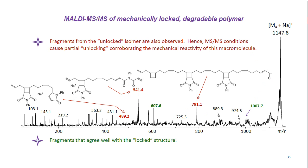However, fragments arising from unlocked units of this polymer are also observed. I labeled them here in red. Consequently, tandem mass spectrometry conditions must cause partial unlocking of some of the repeat units, corroborating the mechanical reactivity of this macromolecule. Tandem mass spectrometry conditions provide energy that can lead to opening of some of those four-membered rings in